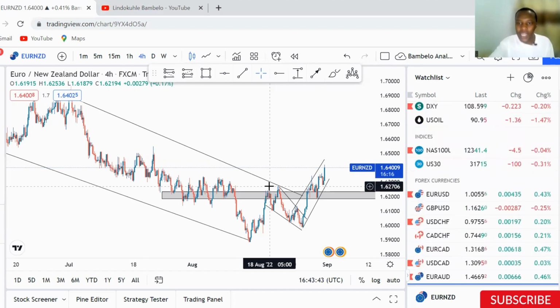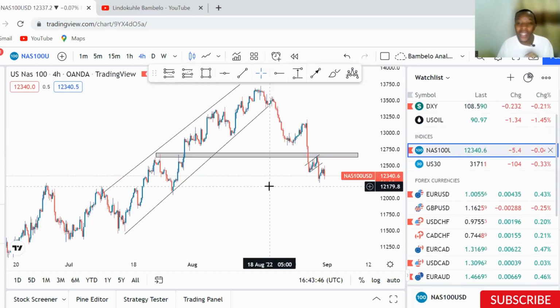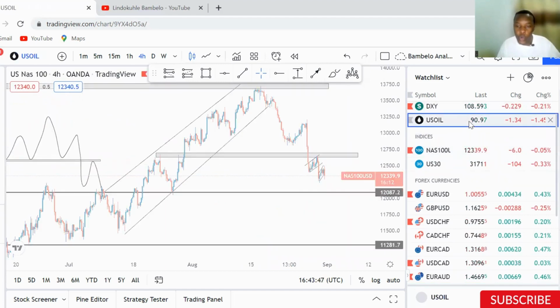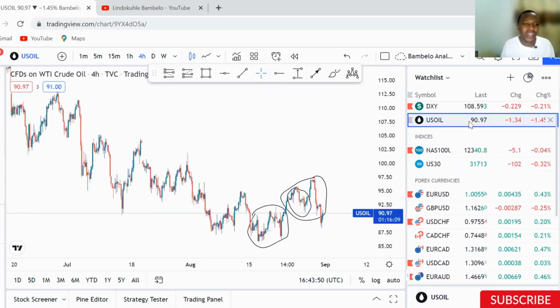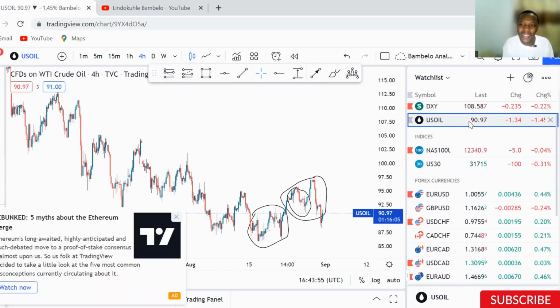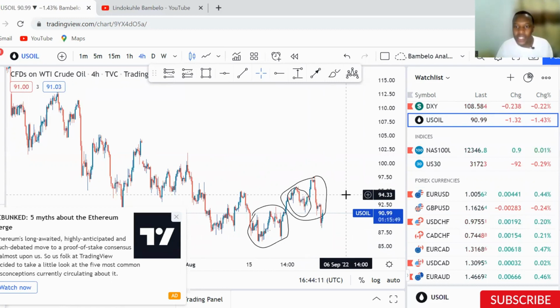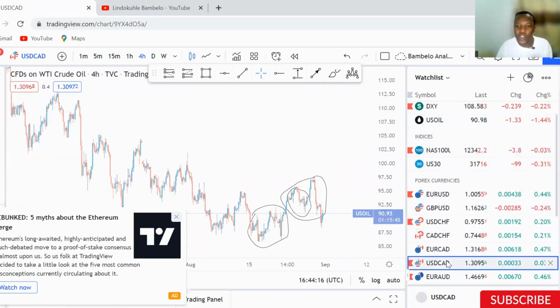So one last thing before I end the video, there's another reason why I have the crude oil here. It's not that I'm trading the crude oil, but I understand that Canada as a country is one of the countries that export or produce crude oil. So if the oil prices are increasing, that means a positive for the CAD. So if, for instance, US oil would buy now, it simply means that if I come back to USD CAD, I'm